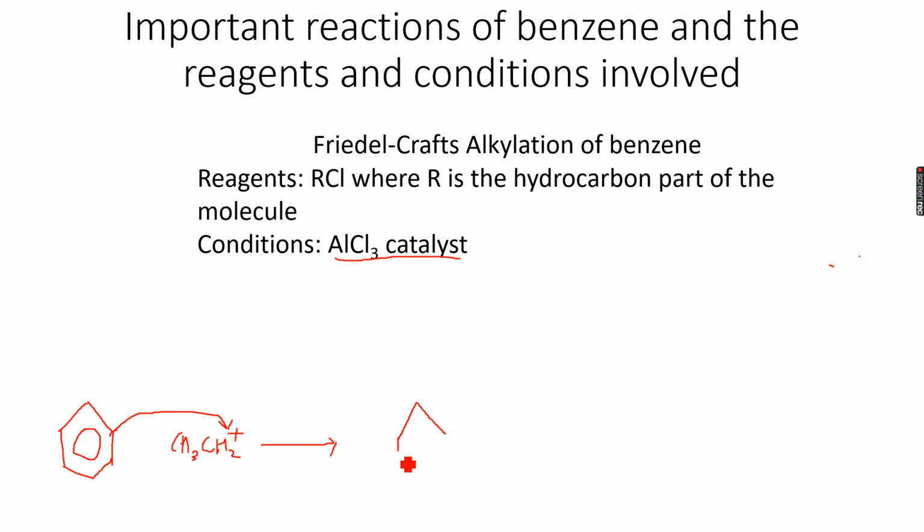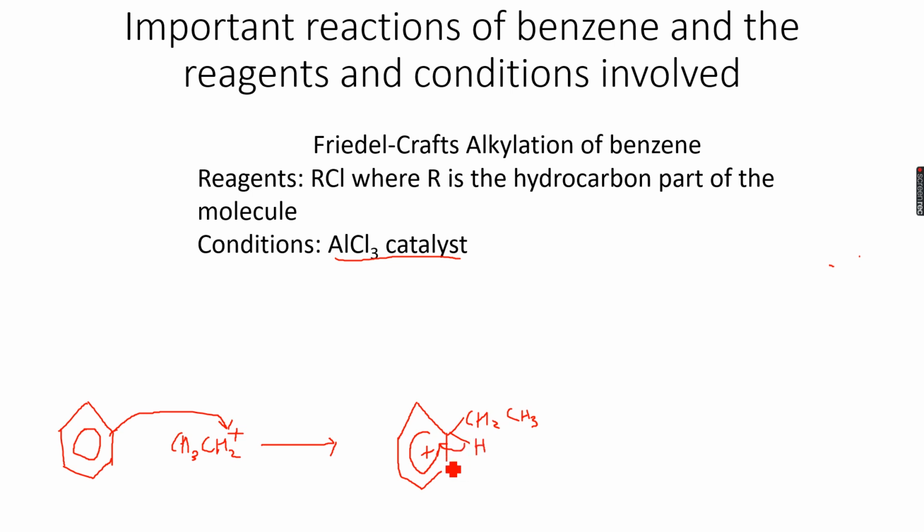Our benzene molecule is stable, our intermediate is not stable. We get our intermediate where my circle is broken. I have a positive charge and I have CH2, CH3 over here. I have H over here, and I want to make my molecule stable again, so this curly arrow